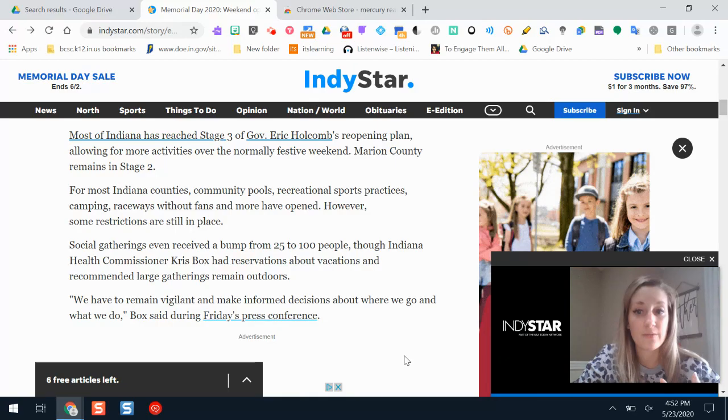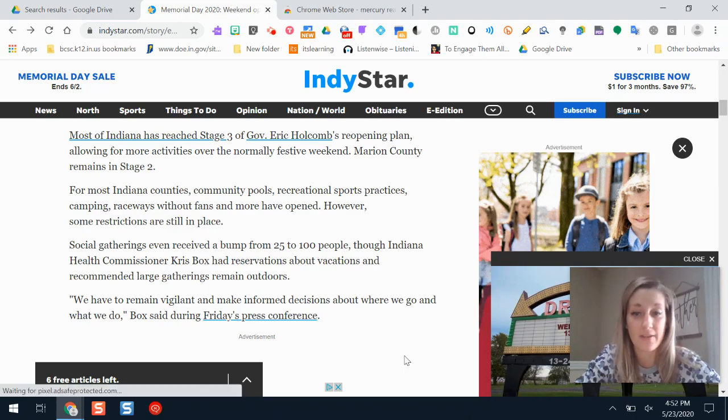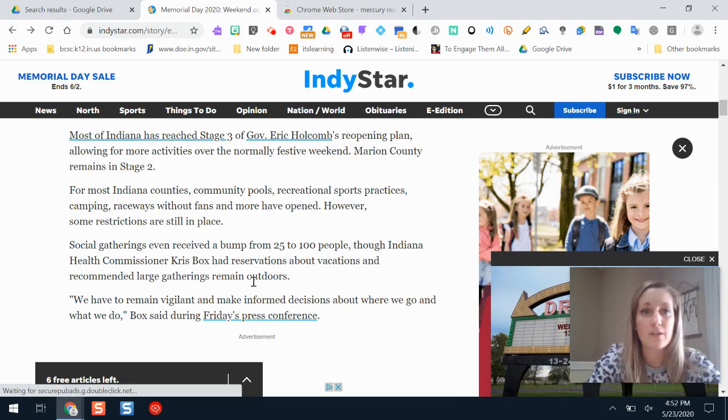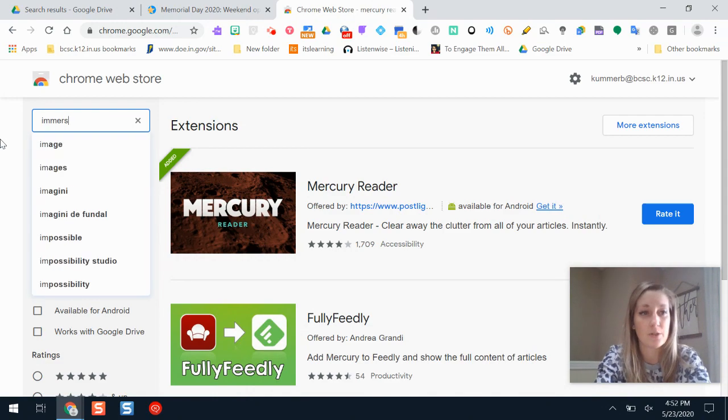called Immersive Reader. It's built into Microsoft, but maybe you're a school that uses Google tools, so you don't necessarily have all those things available to you. This is something that you can add. It's a Chrome extension and get some of those wonderful accessibility things without having to break the bank and break the budget. So what you'll need to do first is go to the Chrome Web Store and you'll add Immersive